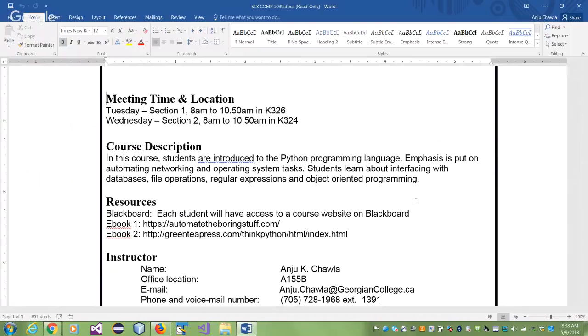If you can't remember your section number, you can remember your day. Wednesday is the day when you see me. If there is an announcement for the Tuesday section, it will say only Tuesday. If it is for Wednesday, it will say only Wednesday. If it is a general one, then it's for everybody. Okay, so that's how it works.